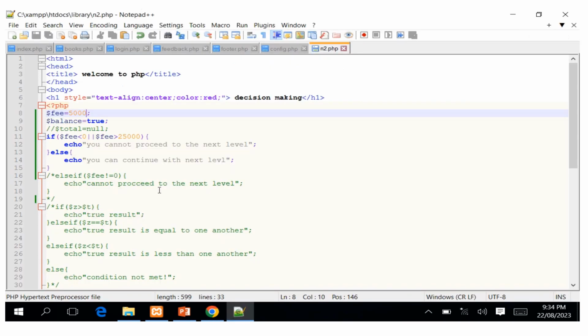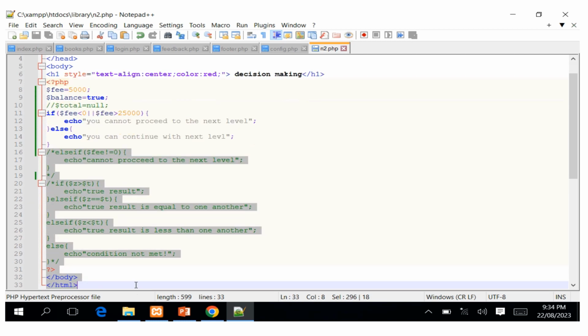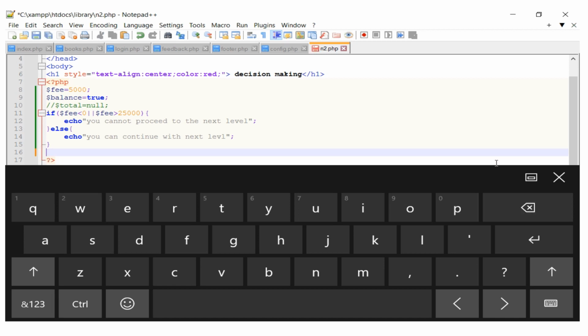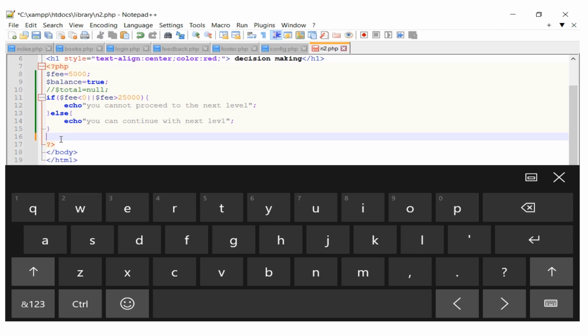Of course here, because you can see that now the fees will be less than that, so that you cannot get confused, let us clean away this so that you can know the difference that we are seeing. So this is our code that we are outputting here. So we are saying that if the fees is less than 0 and should not be greater than 25, it outputs that you cannot proceed. But now if you have tested this and found that this fees is less than that, we can be able to